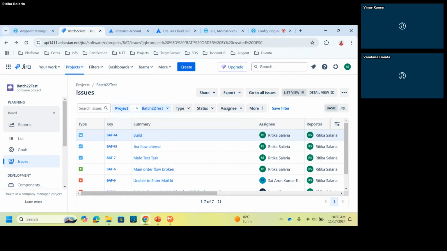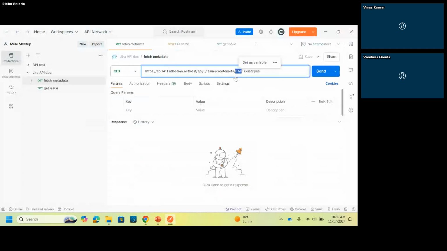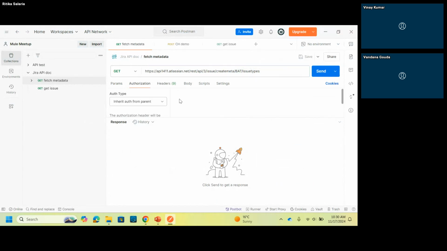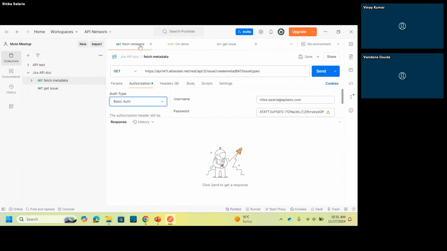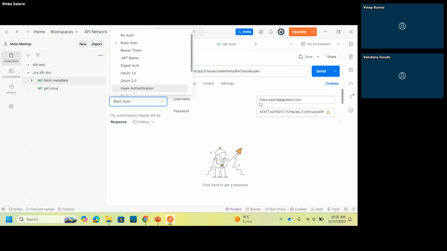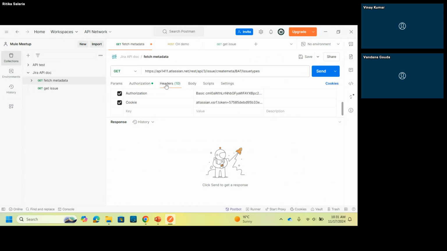I'm fetching the project details, or the issue type IDs, for the project PAT. When you send a request, under the authorization section, now the API token here, you'll need to have a basic auth in place. This is the basic auth that I'm working with. I have my email ID and my token that I'm using, and